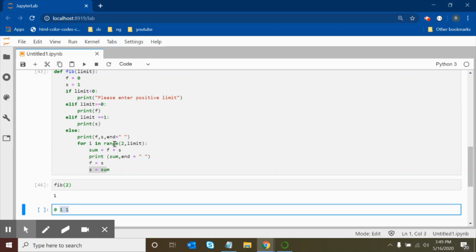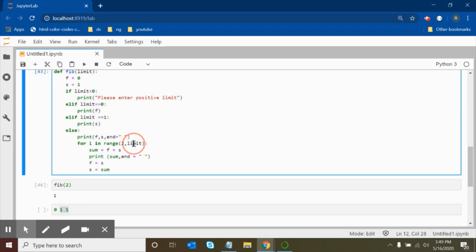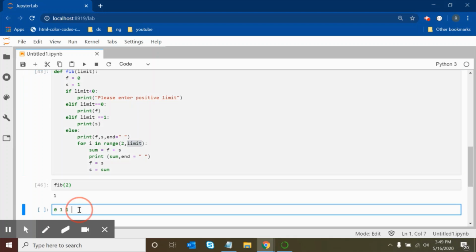And now I want to calculate till the limit. Suppose the limit is 2, so it will calculate just for 2. Now if I pass the limit as 3, it will calculate for the next value. The same way again, this is the first number, this is the second number, and when we add both numbers, we get the sum and print it, like 1 plus 1 is equal to 2.